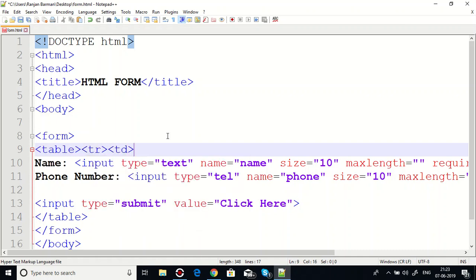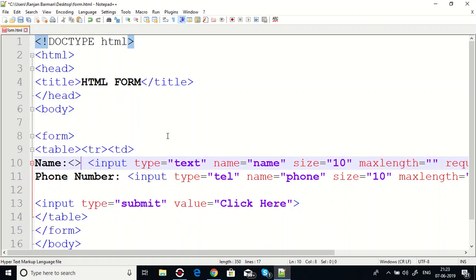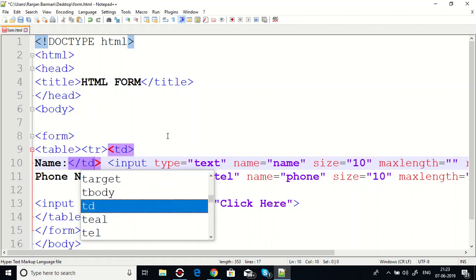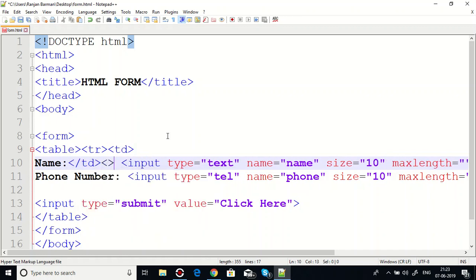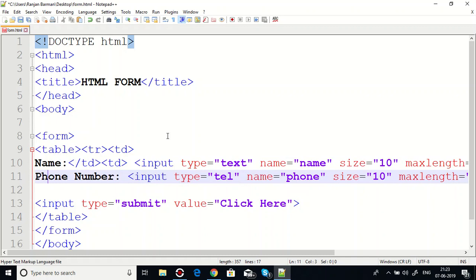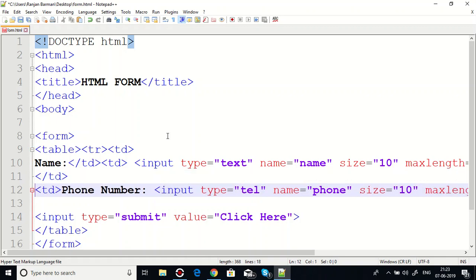TD, and this is the first row TD, and this will be the second. Control C, Control V. This will be the end of TR,